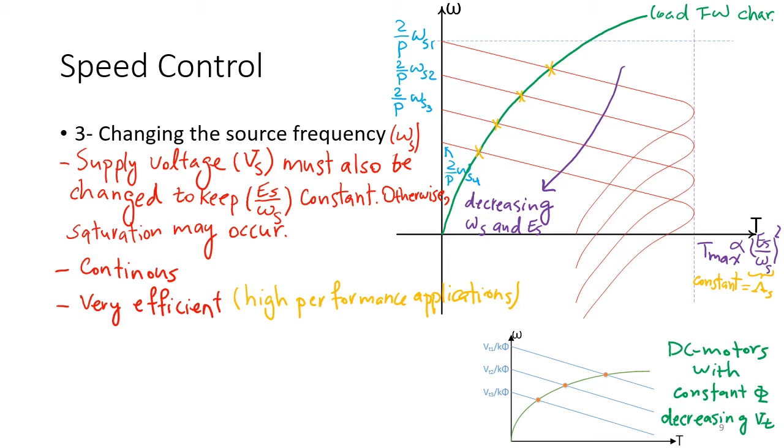Everything seems good. What do you think is the problem with this method? Why did it take some time to become very popular in industry and everywhere? Any guess? Pardon? Yes, it was expensive for a long time, but the good thing is that the price of power electronics is always dropping. So this problem is not as severe as it was before, and it gets easier every year, but it